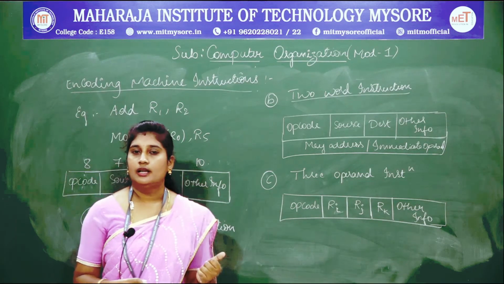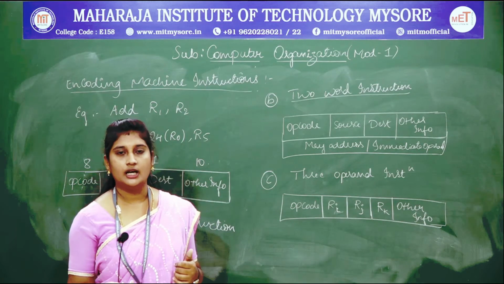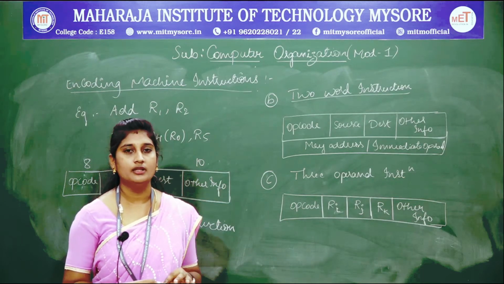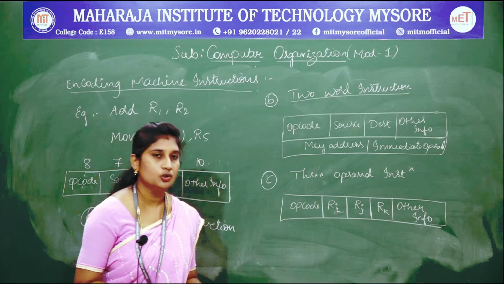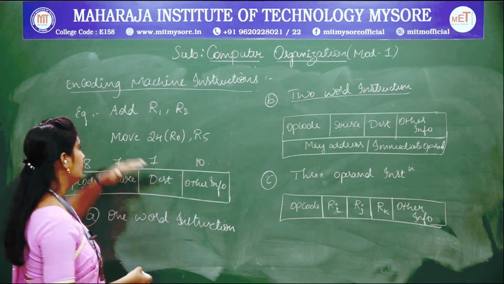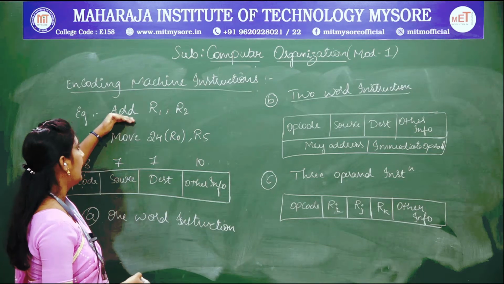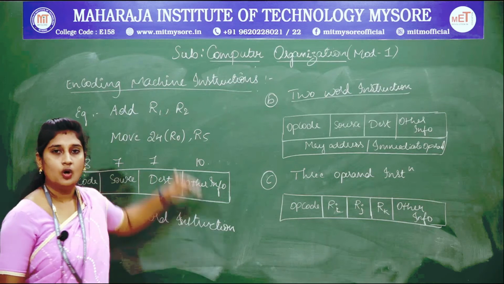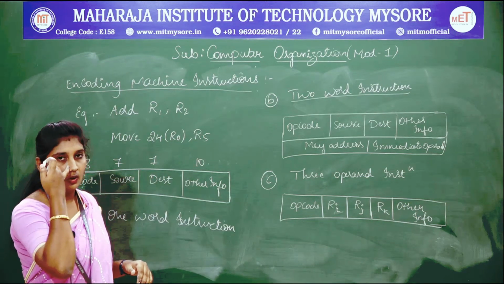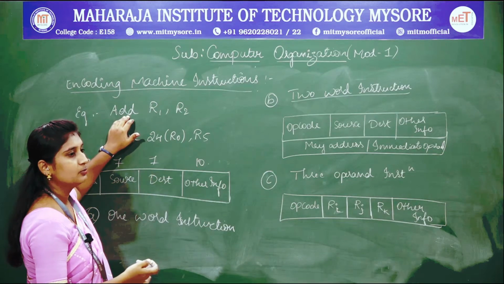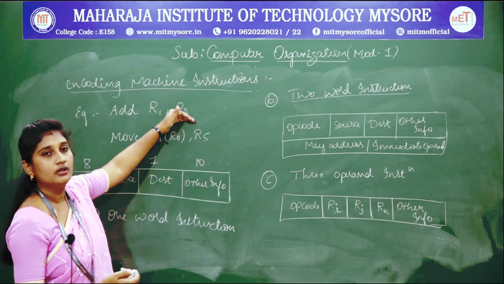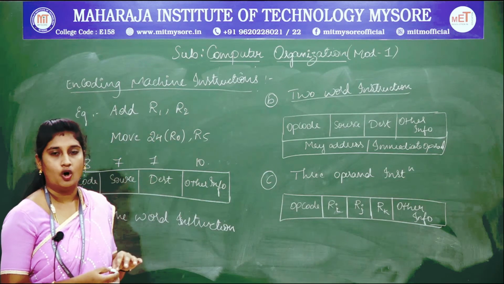The object program which is converted will be compatible with the machine instructions, which will be in zeros and ones. So that should always be encoded in a certain format, isn't it? Why? Because consider a simple example, ADD R1, R2. I need to encode this instruction into machine language. So I need to reserve certain bit positions to store my opcode, my source operand and the destination operand also.